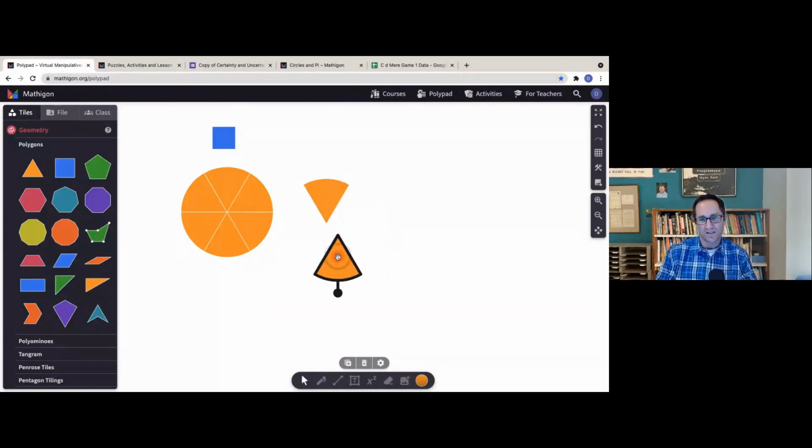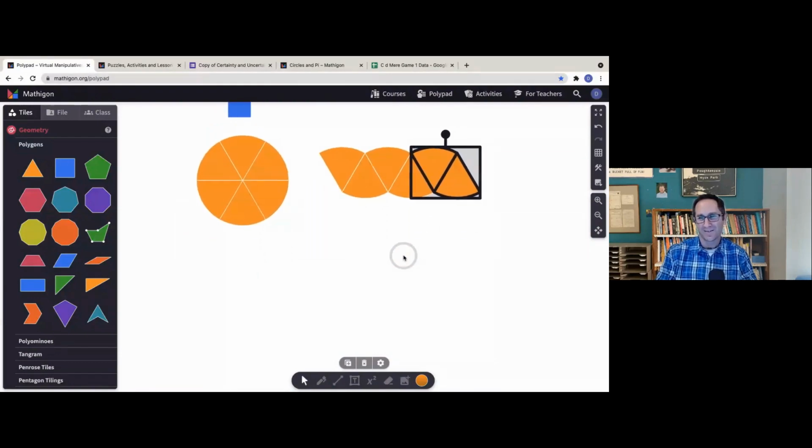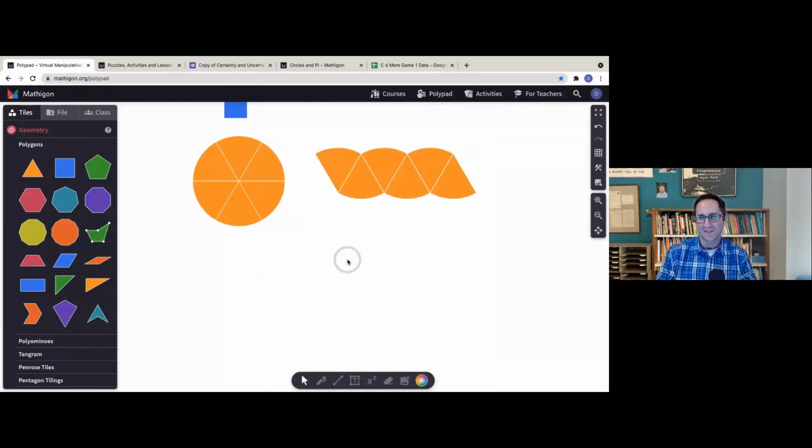So I'm going to take these pieces and arrange them into a parallelogram-ish. There's the parallelogram-ish. I've taken those six pieces and put them on my cookie sheet, as I've done in the past on the board. But here students are doing it for themselves. And now in polygons, there's this shape here, which is a custom polygon, which right now is a pentagon. If I click on a vertex, it'll go away. So now it's a quadrilateral, and it snaps in place. As I put it on top of this shape, you can see it snaps to the corner here. This one will snap to the corner.